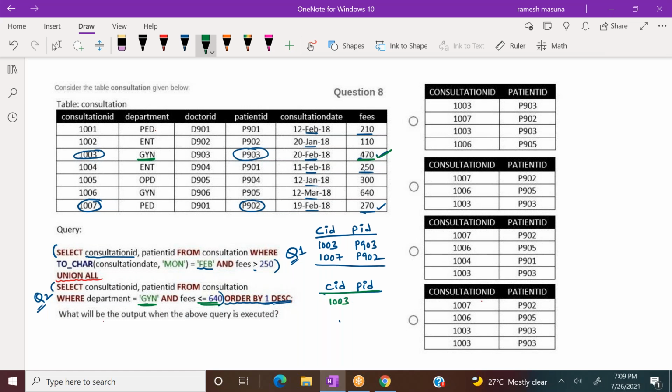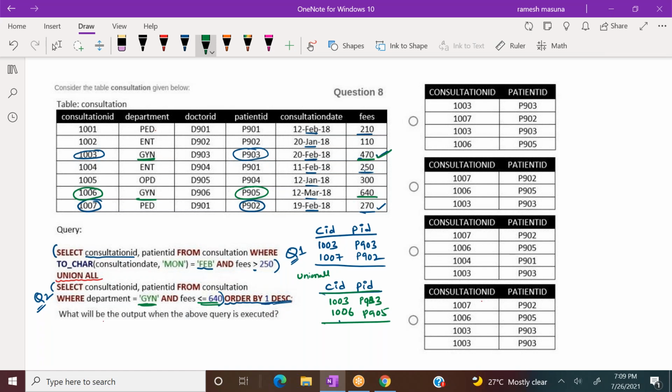Consultation ID 1003, patient ID P903. And one more: department GIN and fee less than or equal to 640, both true. So the consultation ID is 1006 and the patient ID is P905. Done.